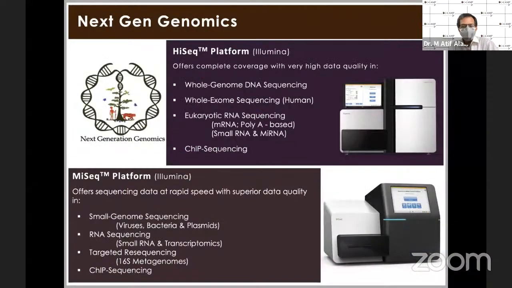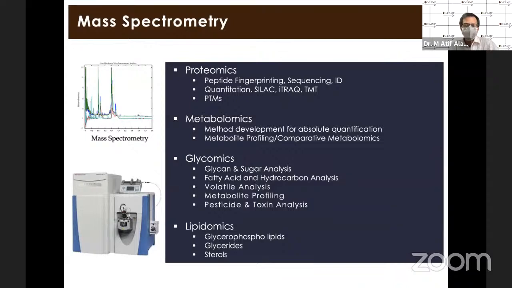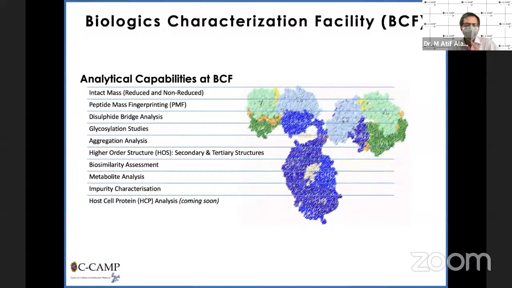And I'll give you a very speedy tour of the facilities that we have on campus, beginning with next-gen genomics, where we have small-scale and large-scale genome sequencers, which can handle a variety of applications like whole genome sequencing, transcriptome, ChIP-seq, etc., to a very large portfolio of mass spectrometry services. And we have expertise in a variety of omics within the mass spectrometry domain, including proteomics, metabolomics, glycomics, lipidomics, as well as something which is very, very interesting and exciting for biopharma industry,